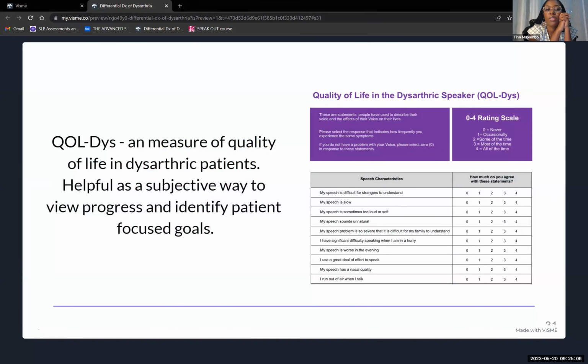I'm going to leave you all with this also. This is the quality of life in a dysarthric speaker. This is a good patient-related measure. This is a great way to not only measure the patient's progress subjectively,